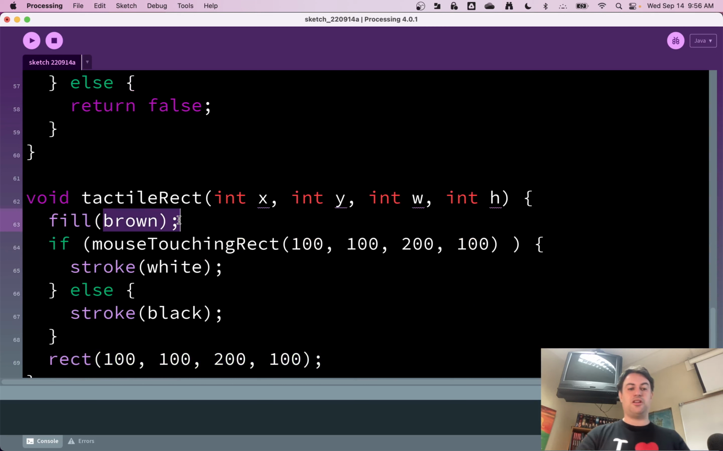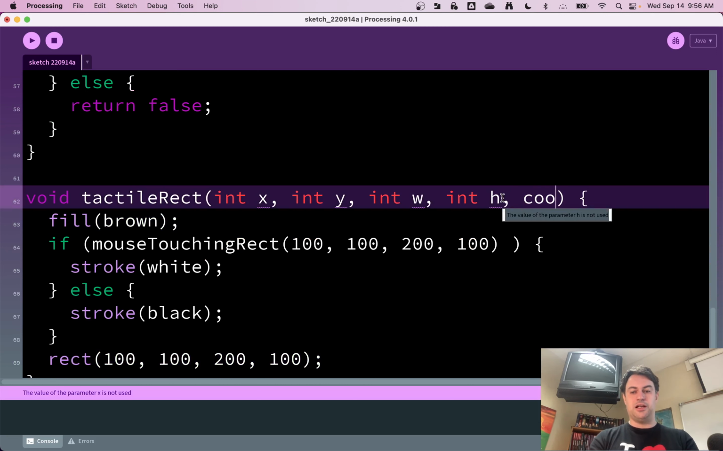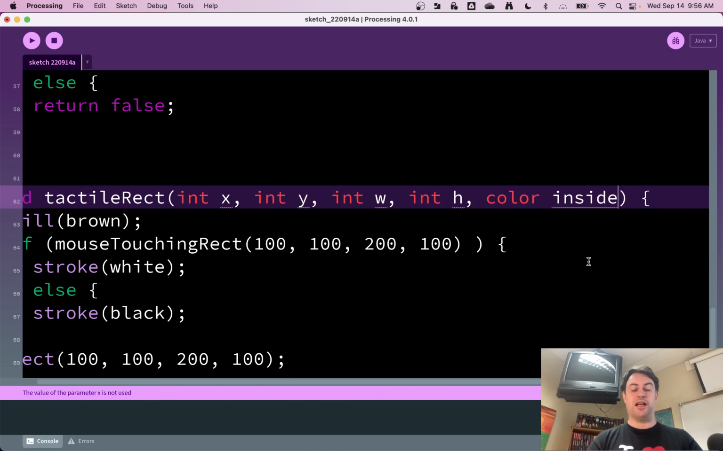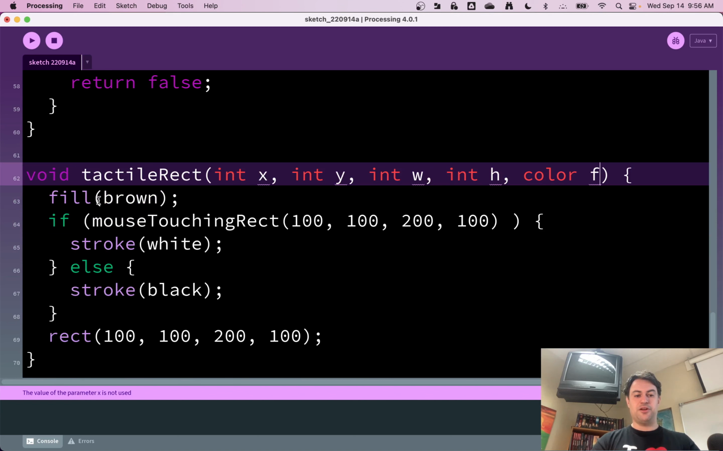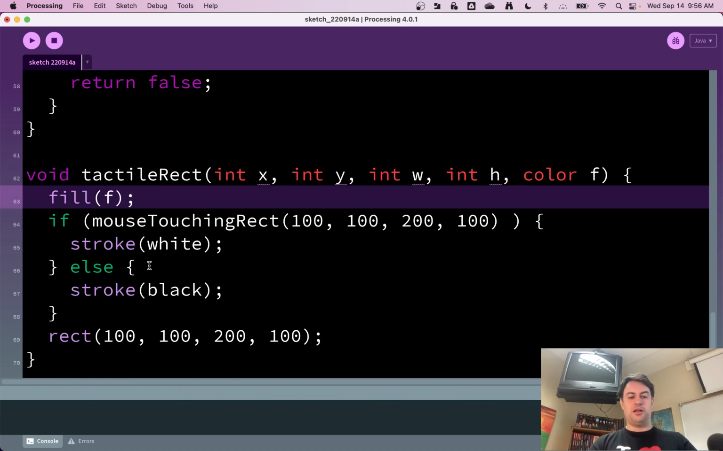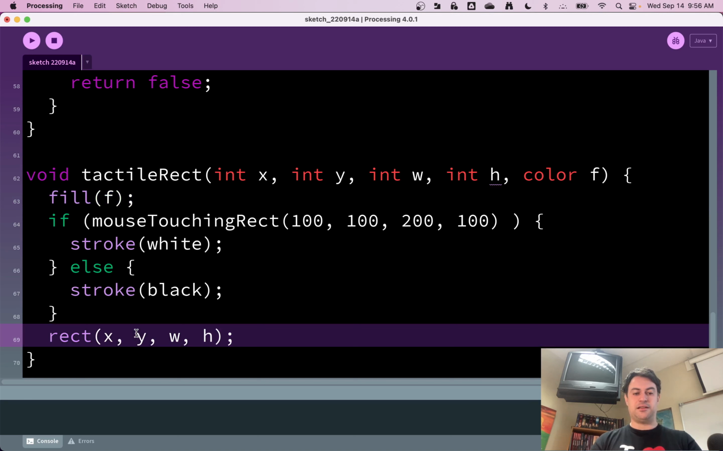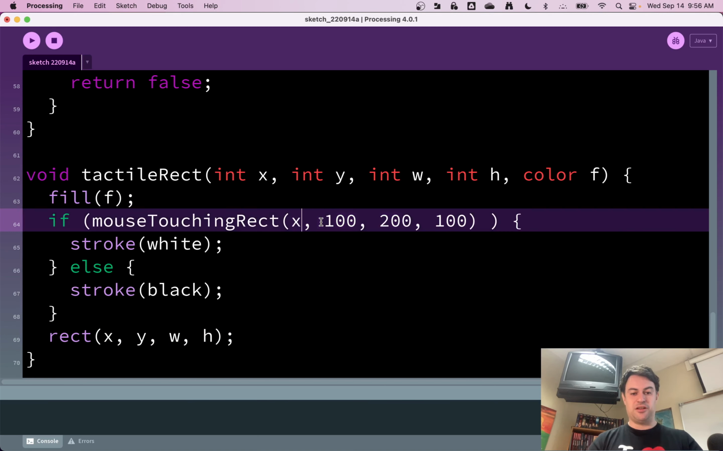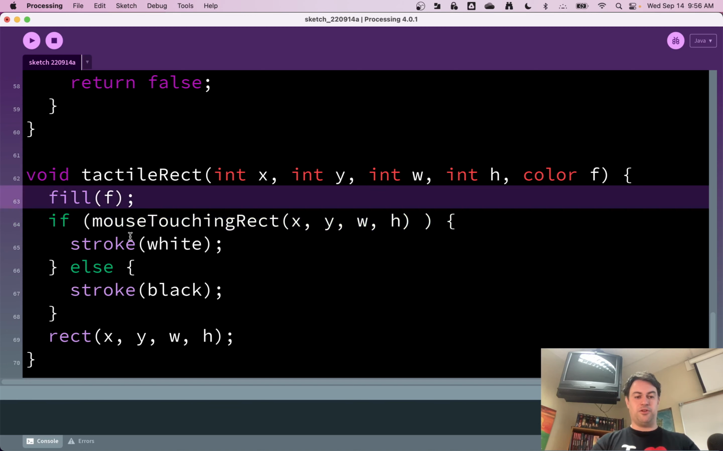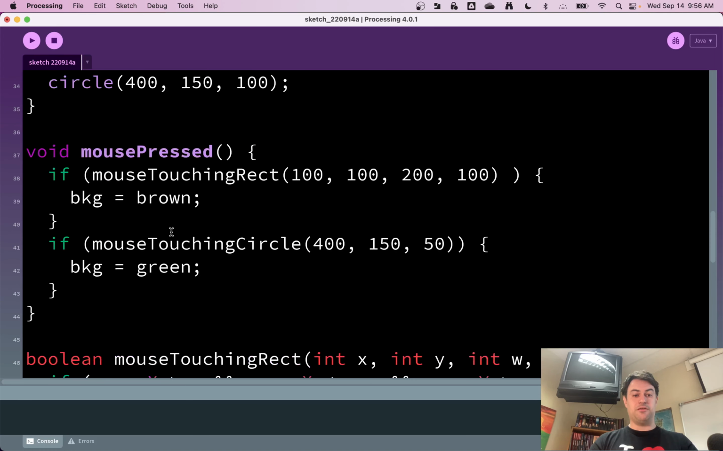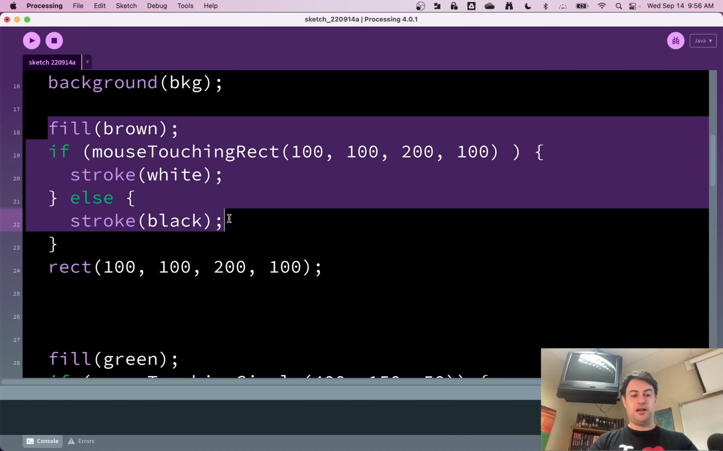Oh, you know what else we could do? We could also do color as well. We could do color inside. I'll just do a color inside for now. F maybe for fill. Color fill. And so now I will fill with the F color, and I will draw the rect at x, y, width, and height. And I will check to see if the mouse is touching that rectangle at x, y, width, height, and it can fill with the right color, and I can choose to stroke white or black, and then it will draw the rectangle. So now instead of all that noise up here, I can just replace this with